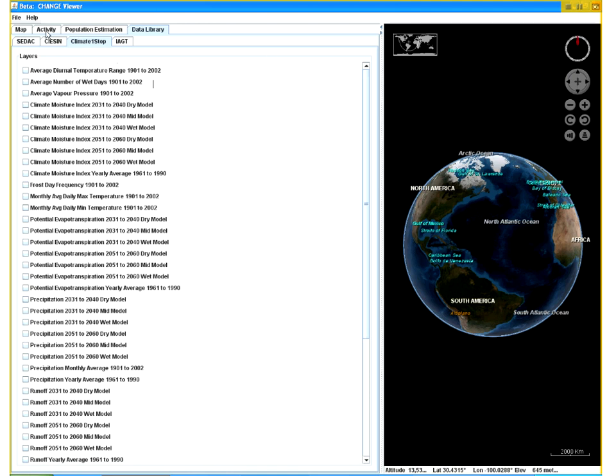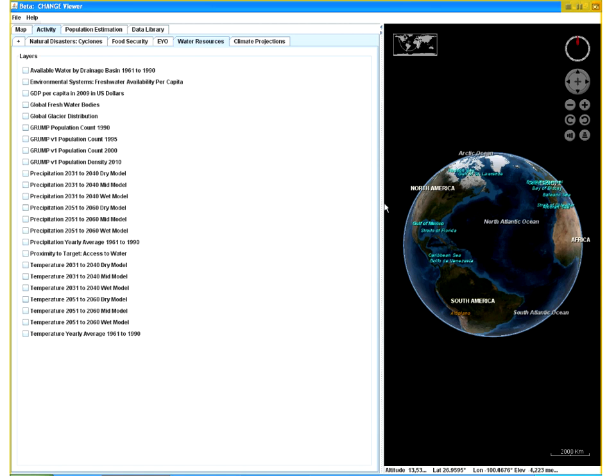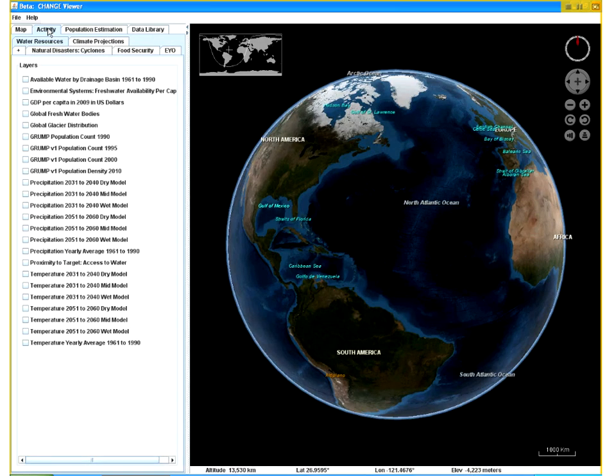So the data library is a library. It has all of the data sets that are available, and some of them are going to be used in the activities and some of them aren't. But what we're doing as part of this project is we've created an activity tab, and up at the top you can zoom in and change the screen to see how you fit. The activity tab is really where those 7 themes that I discussed earlier are divided, and the data sets are pulled out from that data library into a consolidated list that will allow us to explore these impacts. So looking at water resources, looking at natural disasters, looking at food security,